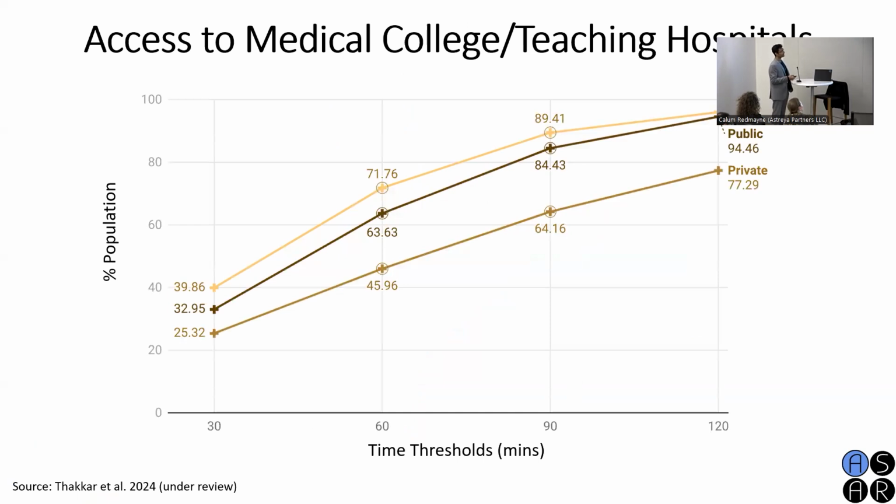All right. The last hierarchy in the health system, looking at medical college and teaching hospitals. And so we see what we expect. This is almost like an area under the curve kind of plot, looking at how population access improves across time thresholds. And we are looking at sectoral split here. So public versus private, and at least for teaching hospitals, it looks way better for public hospitals in India.